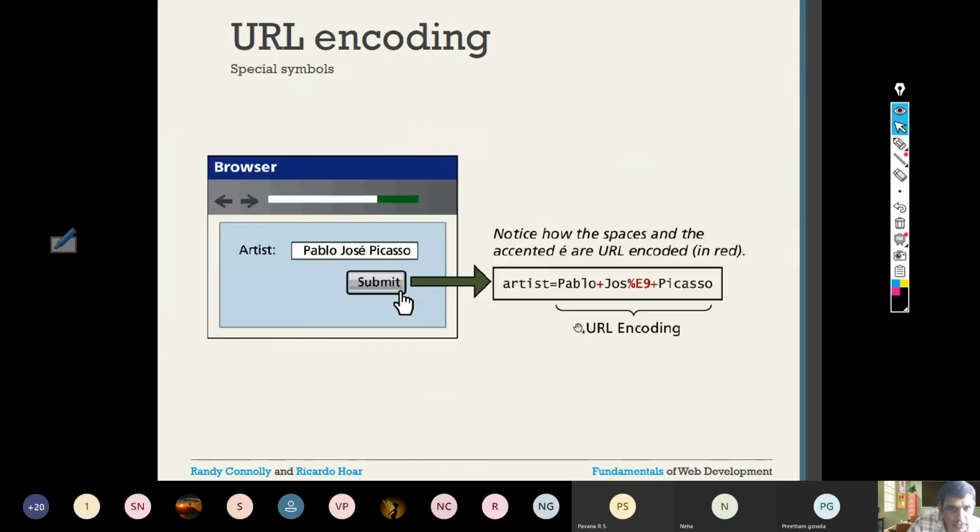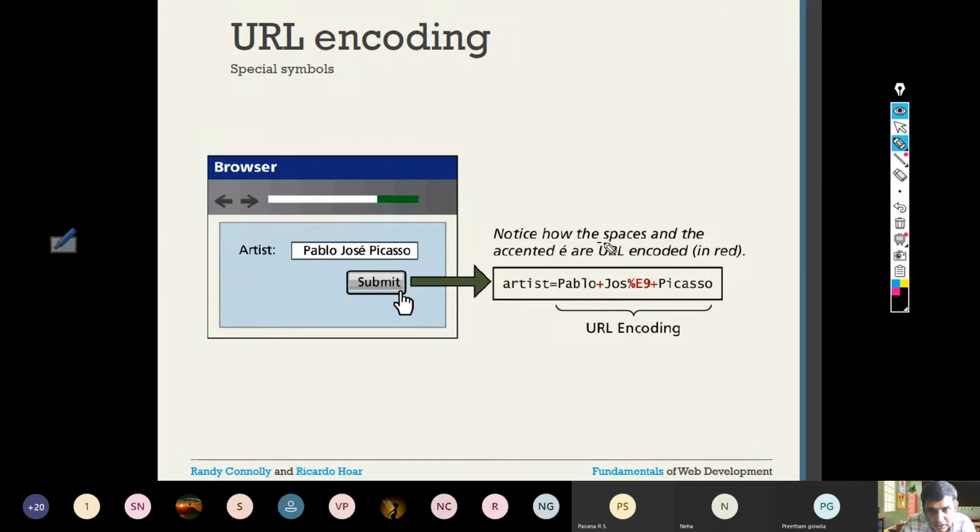So next let's go and see URL encoding, where special symbols are there. For example, the artist name Pablo José Picasso is entered, and you press submit. But how is this Pablo José Picasso being sent? See how spaces and the accented E are URL encoded in red. The point is special characters are used.